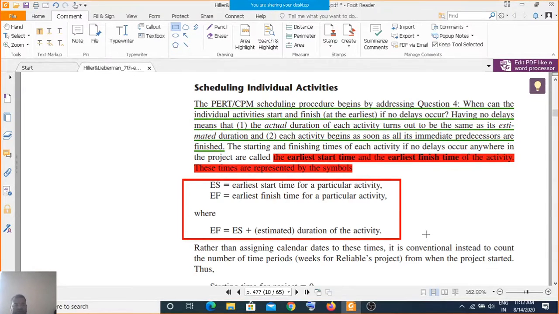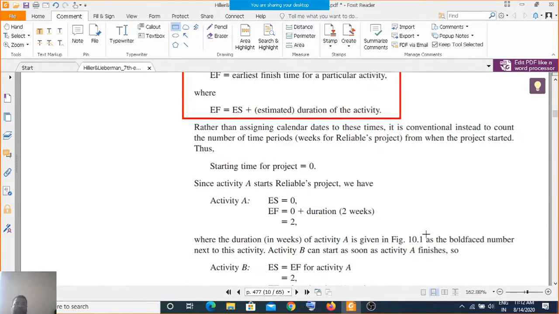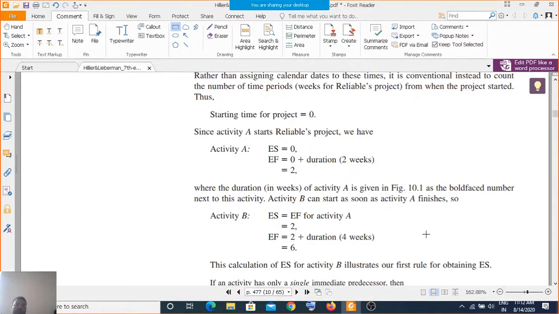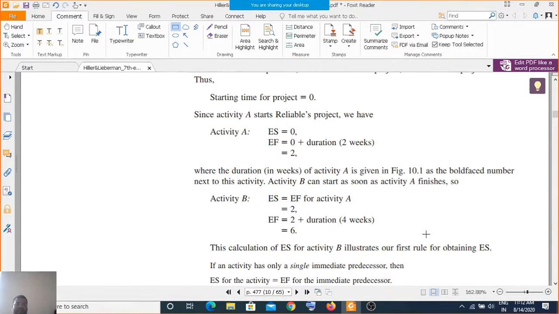So starting time for the project is 0, and since activity A starts at 0, we have 0 plus 2 weeks. So ES here is 0 and EF is 2 weeks.